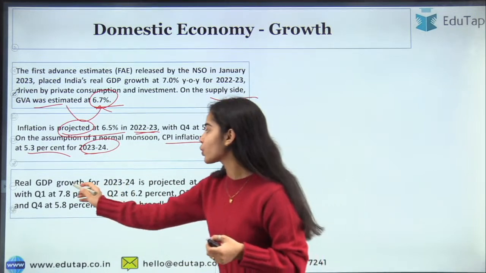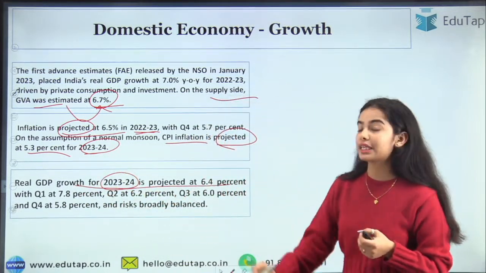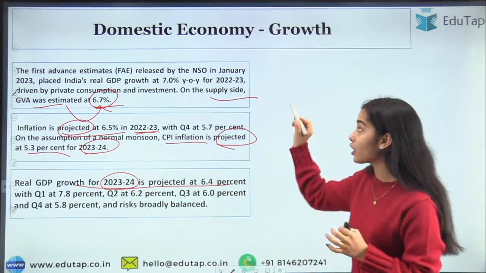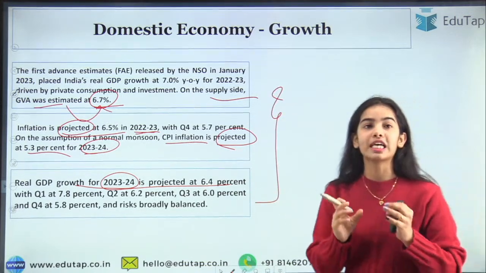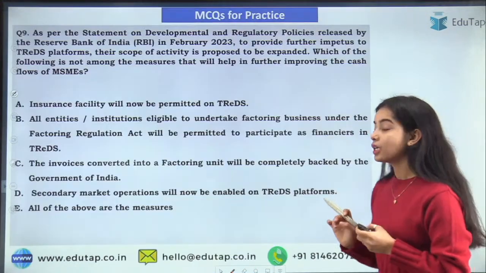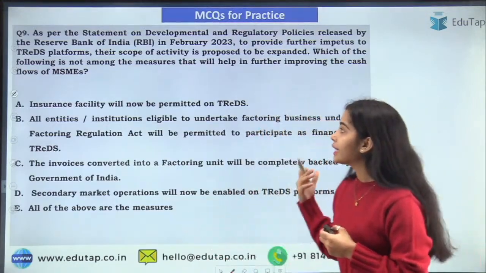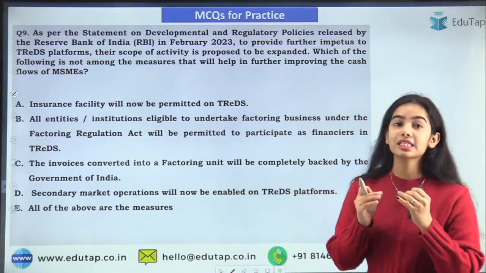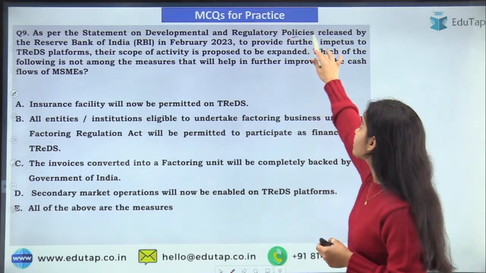Okay, real GDP growth for 2023-24 is projected at 6.4%. So these are all the important data points that you need to remember from the exam's point of view. Okay. So now coming to the next question, that is, as per the statement on developmental and regulatory policies released